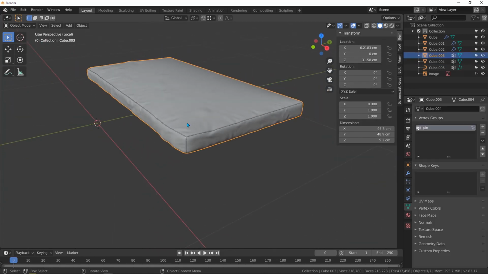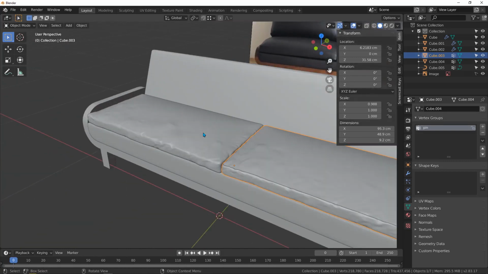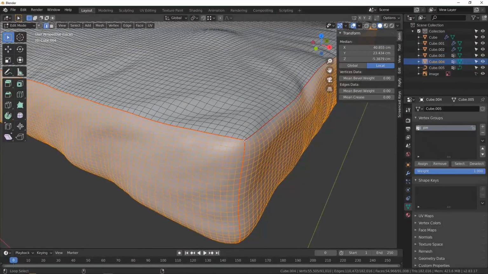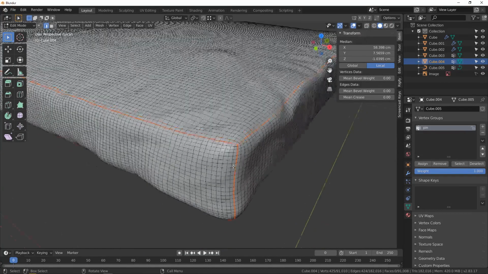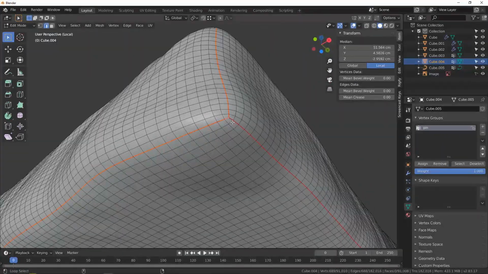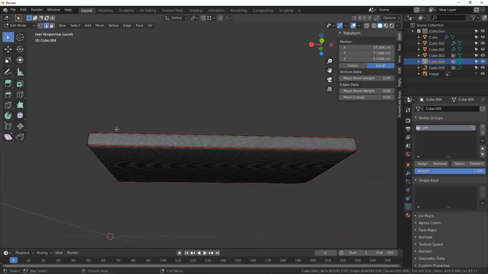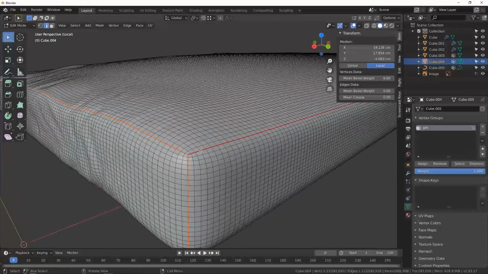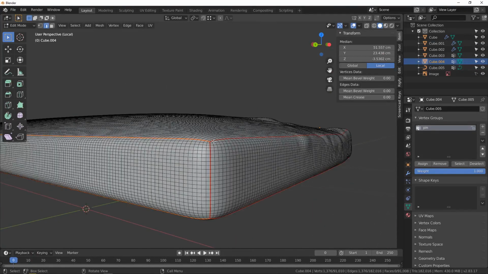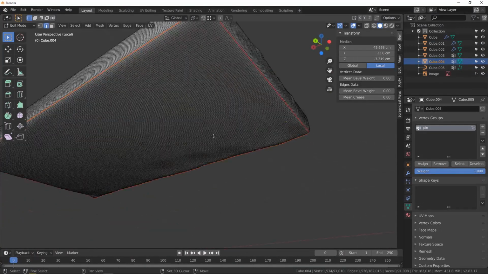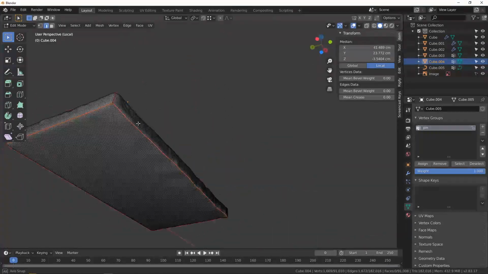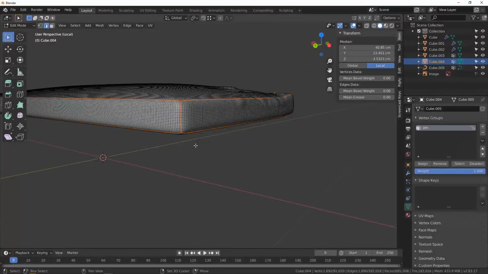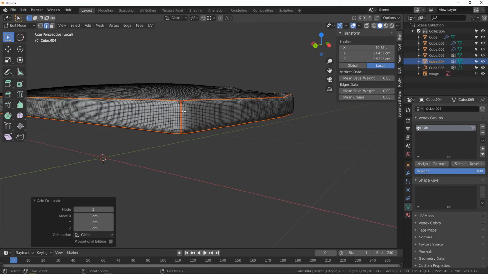That's cool. Hit slash and let's go to this piece and let's do the same thing. Let's isolate it, tap to the edit mode, grab all of these seams and this one right here, the same thing. Shift D to duplicate this one, leave it in the same place, hit right click, and then